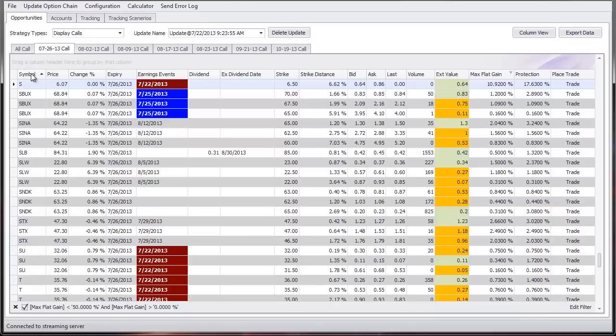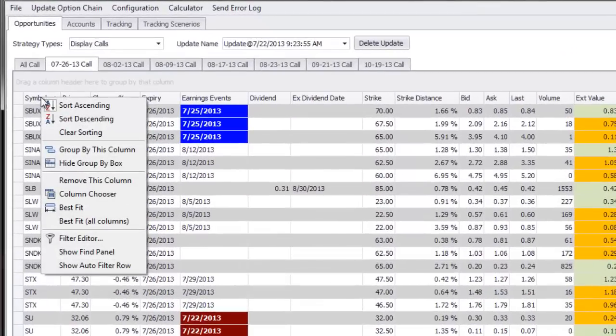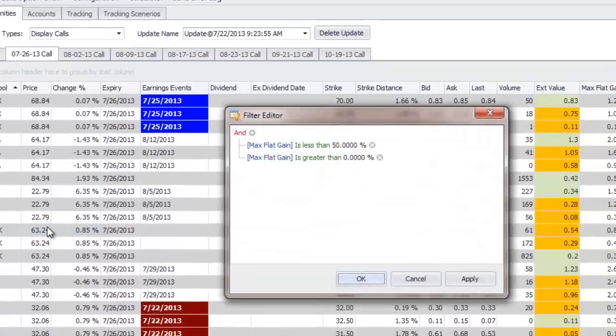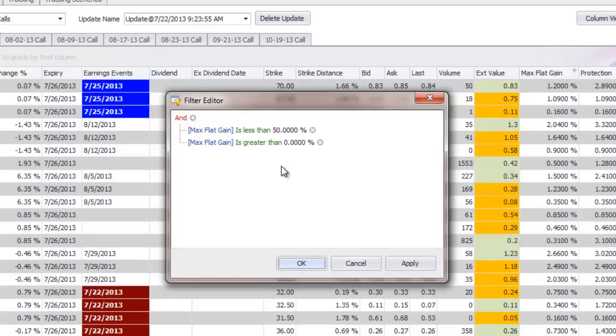To screen out opportunities that do not meet the standard, use the Filter Editor. Right-click any column header and select Filter Editor. We have included basic default filters in each strategy to weed out unnecessary opportunities. To adjust existing conditions, simply select the section and change the value,